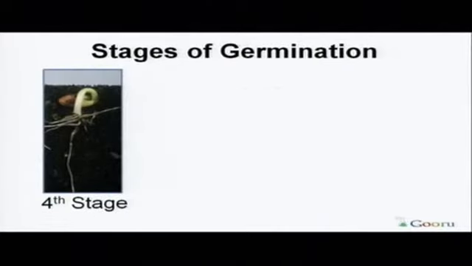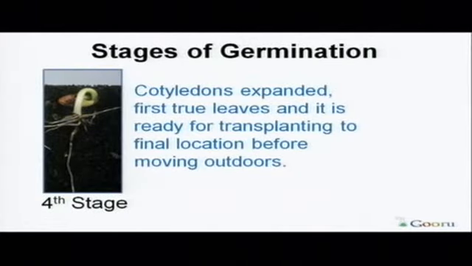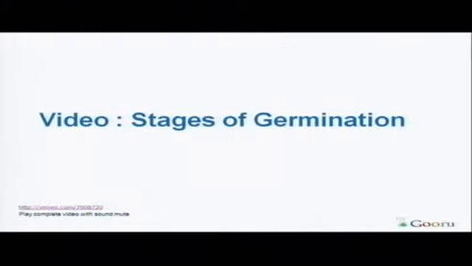So in the fourth stage here, the main root is now joined by the sub roots, and you can see just down below, in the soil, they are forming the root system. You can see, kids, they are forming the entire root system, and the plant starts growing after this stage. So I am going to show you again an interesting video, and again the best part